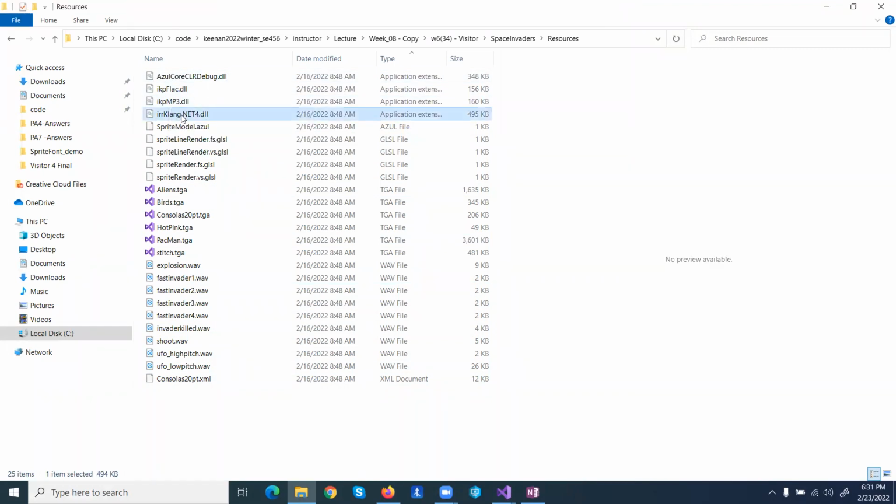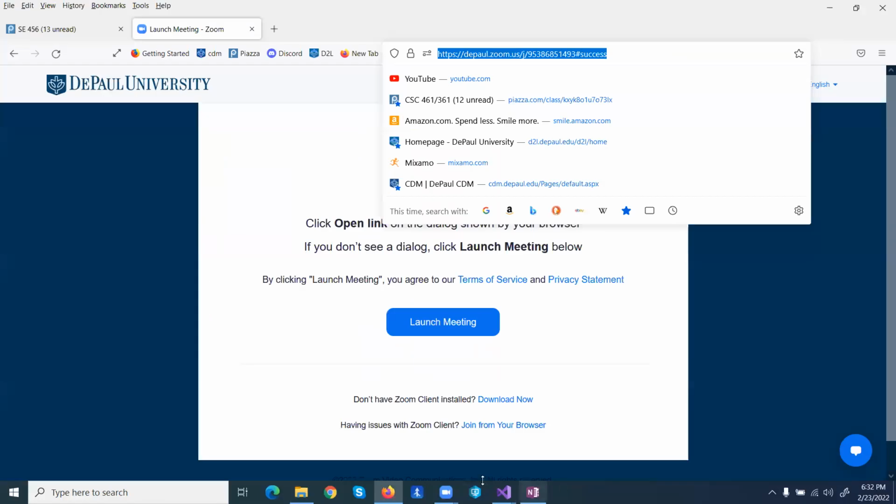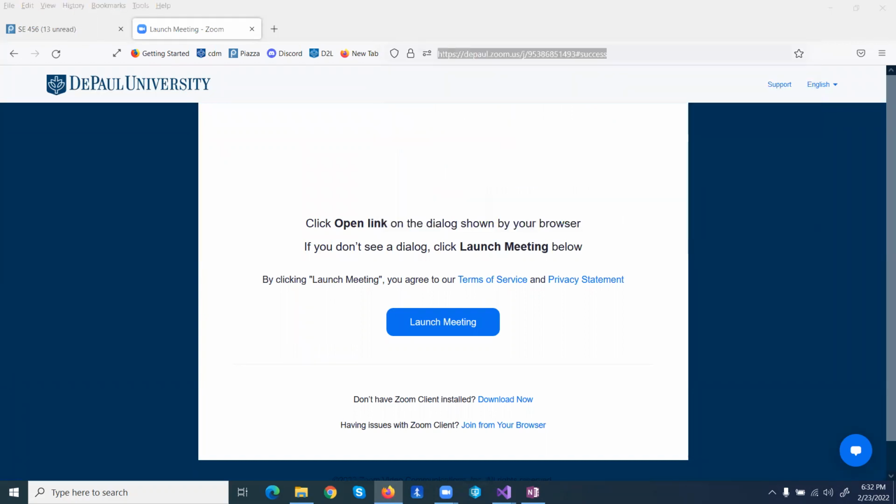So right here we have the Irrklang, and there's a couple Irrklangs here, MP3, FLAC, and .NET, and these three here basically are an audio solution in C#, right? And so if you're interested about this, you just go type in